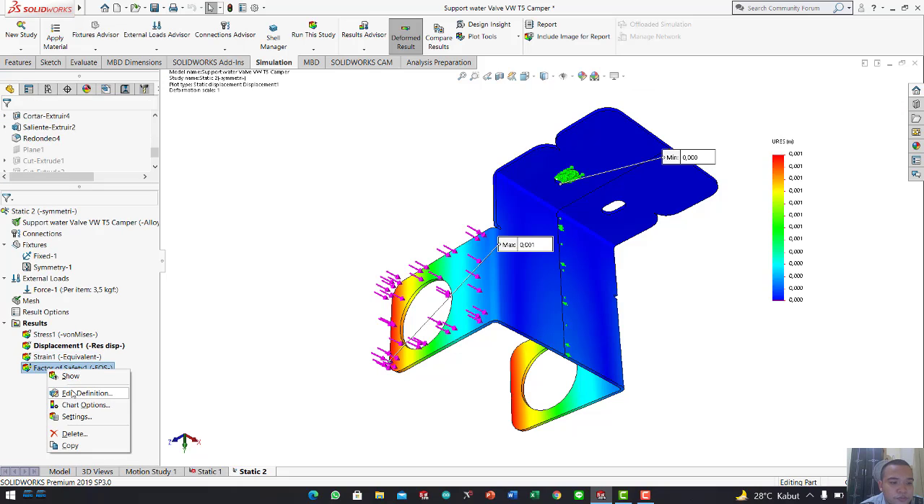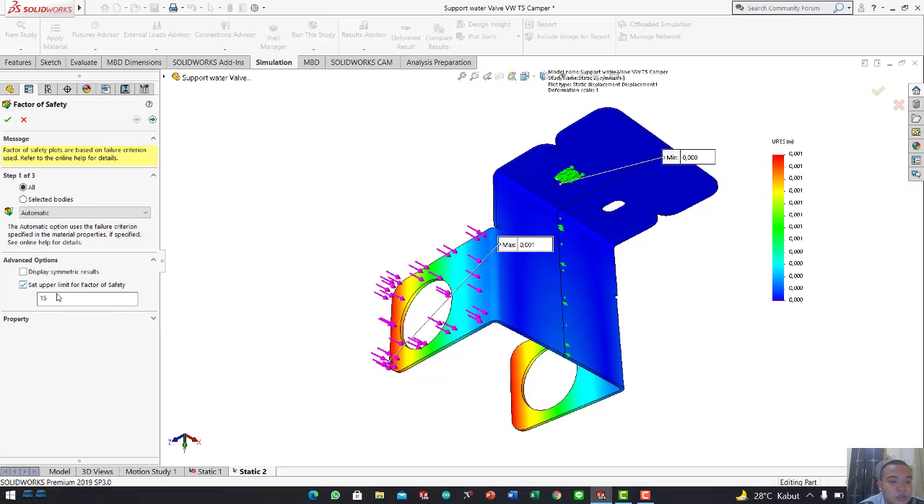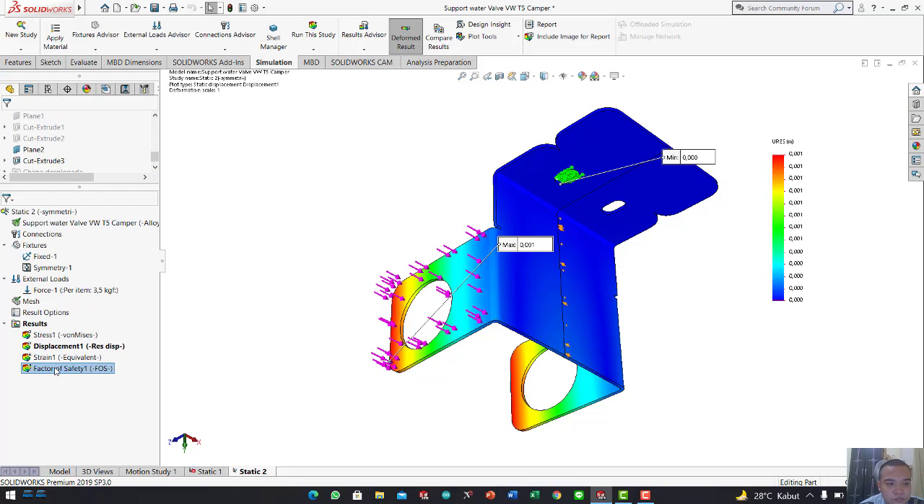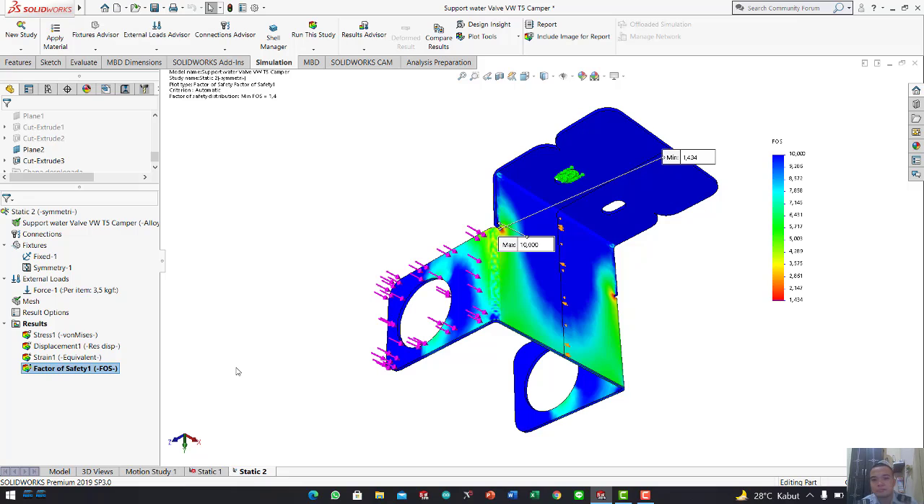For the factor of safety, I would like to set the limit to 10. As you can see, the factor of safety in this part has a minimum of 1.4 and the maximum is 10, because as you can see, before I set the limit to 10. And voila, I think